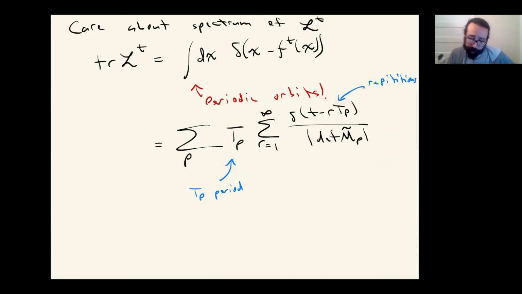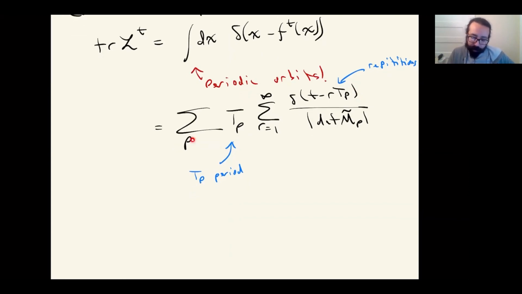So I think the virtue is that if you can find sufficiently simple, short periodic orbits, this will give you a handle with which you can expand to try to evaluate these eigenvalues. And I think there are a lot of really impressive success stories in using these trace formulas to compute interesting observables by including really only 2 or 3 periodic orbits, right? You include the shortest, 1 or 2, 3 tops. You find those numerically, you plug them into this formula, and you try to extract these eigenvalues.